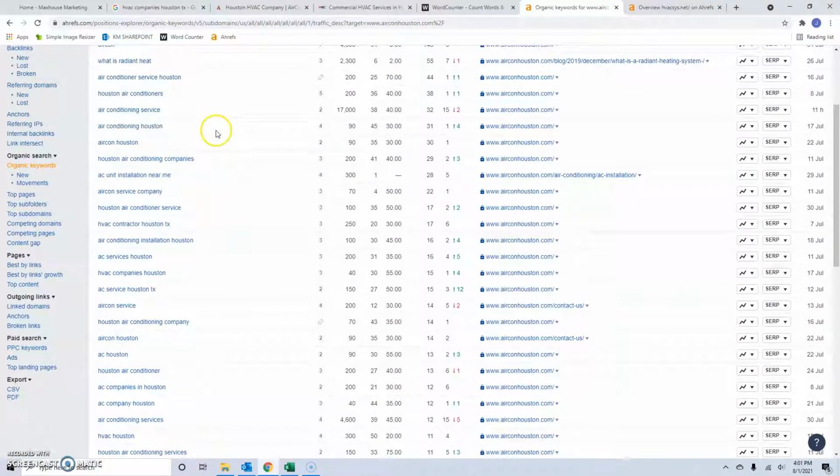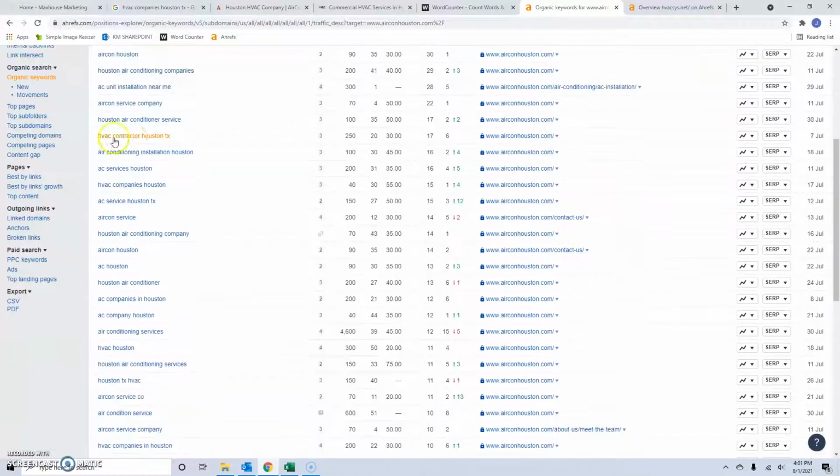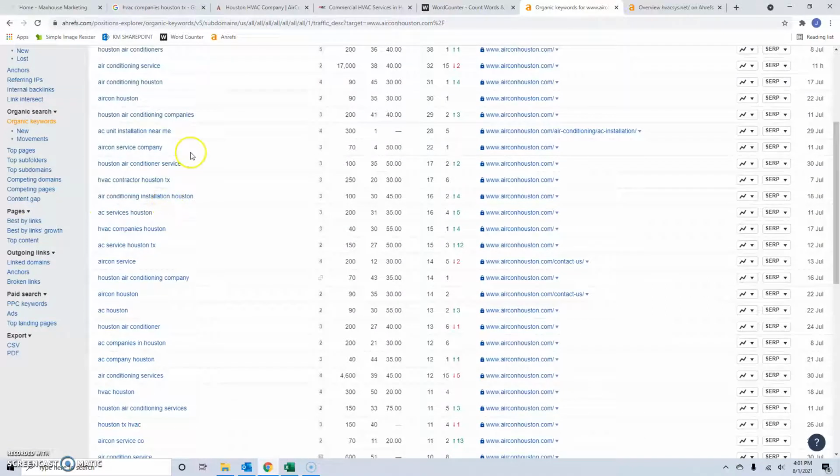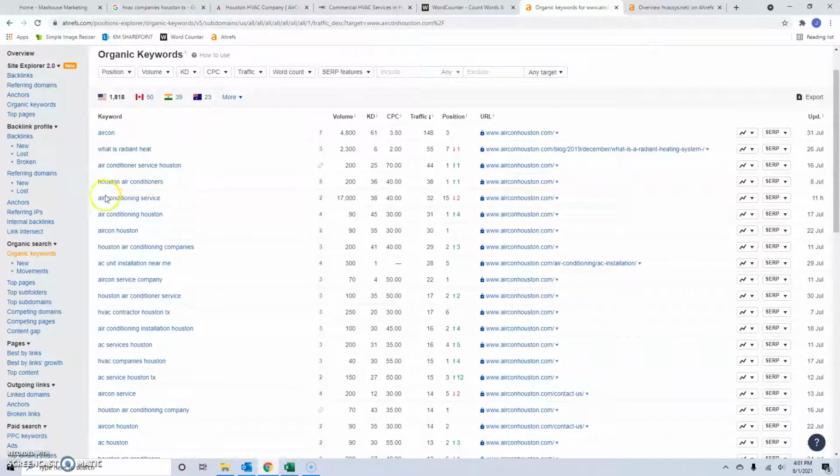So air conditioning Houston, Aircon Houston, HVAC contractor Houston, Texas, HVAC companies Houston, AC service Houston, Texas. So those are all really good ones. Things like air conditioning service, do you see how high that search volume is at 17,000? That's a nationwide keyword. So what this means is that anyone, someone in Oregon could essentially Google this and possibly